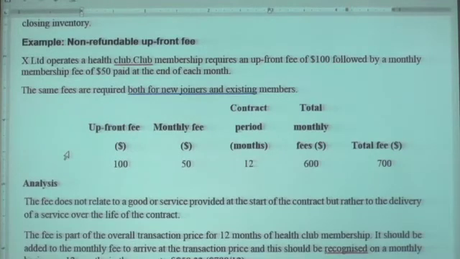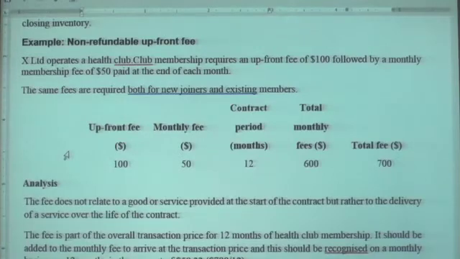It's just like a registration fee with CA Sri Lanka. Once you registered as a student, that fee is not taken into exam fees or any other fees. It is just a registration fee, right? It is an upfront fee. Thereafter for exams and study packs you have to pay separately. In this club also the same. To join the club you have to pay 100, right? Thereafter monthly you have to pay 50.